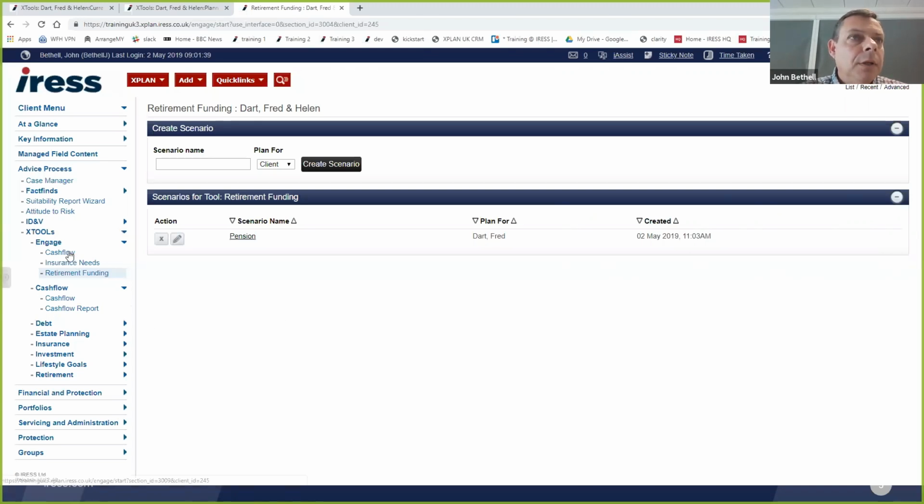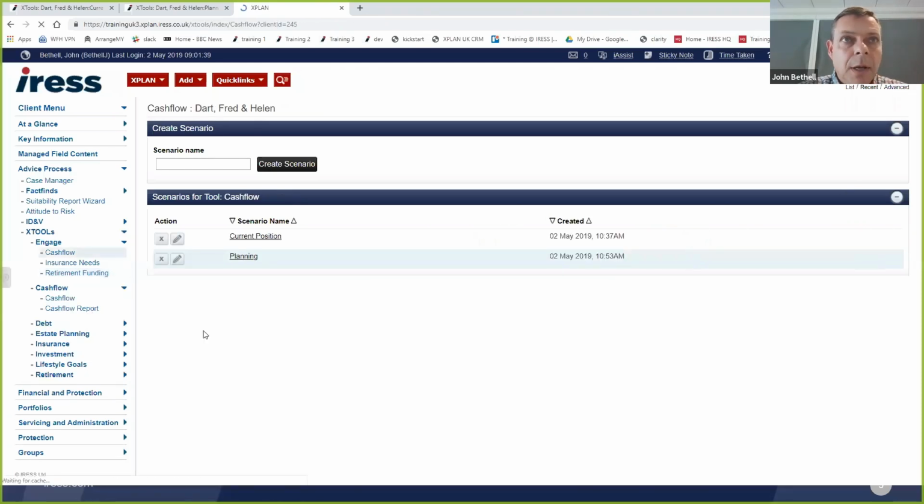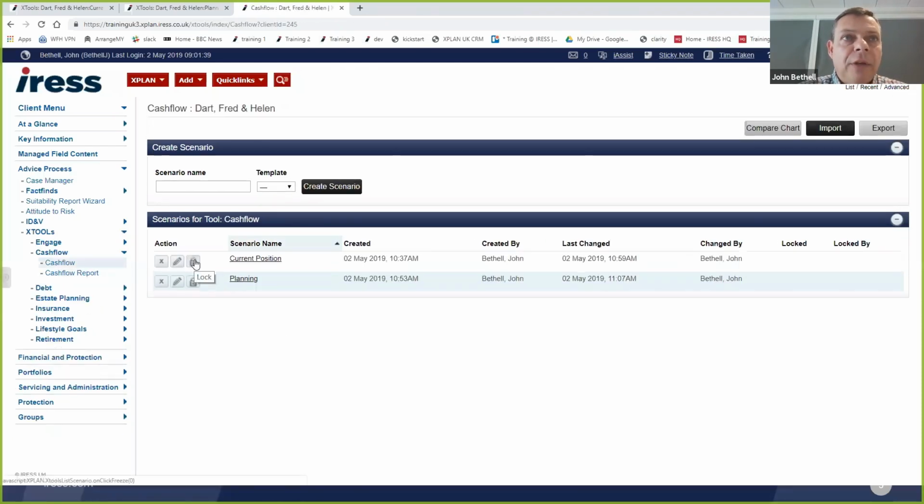If I go into the cash flow area here, I can lock that scenario, which means it's held for posterity. Nothing can change, it can't be amended by anybody, and it won't take new tax rate feeds, etc. So if you've got an issue in 5 years' time, we can get back to the original, all stored there neatly and prettily. So I would challenge, should we be looking anyway to be using full Xplan?